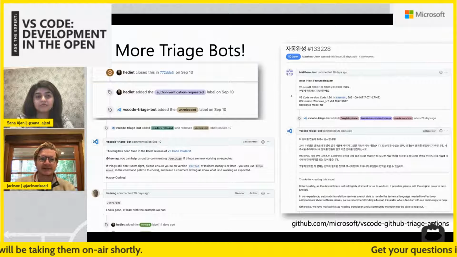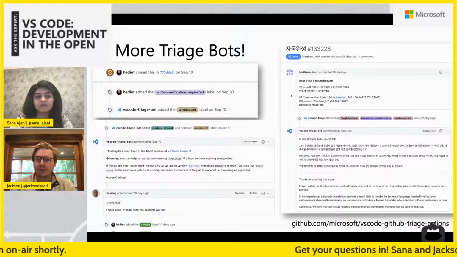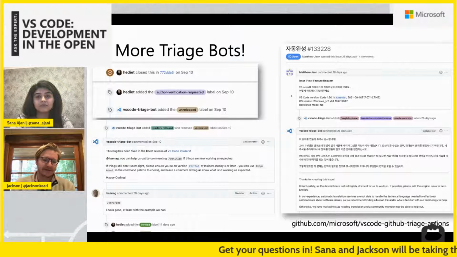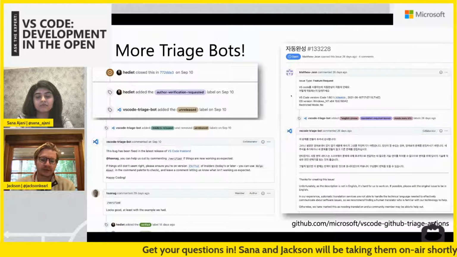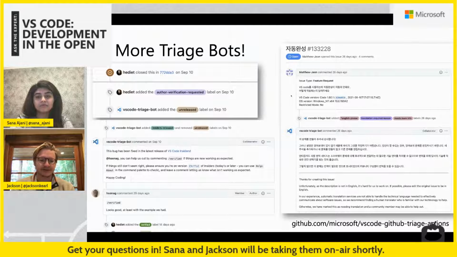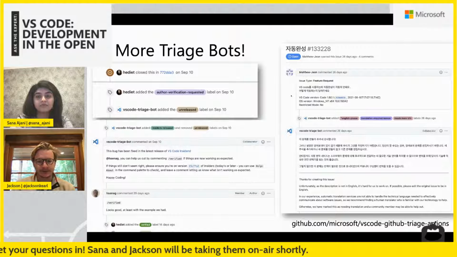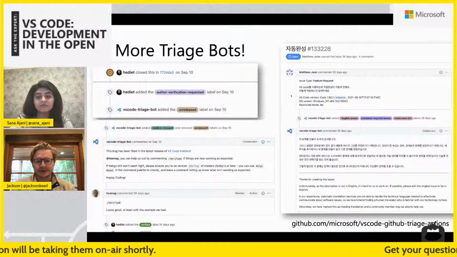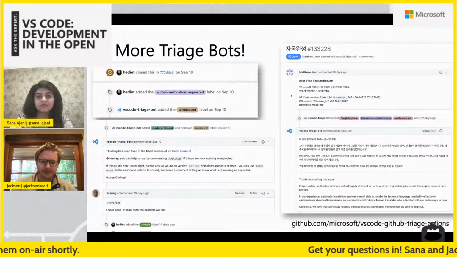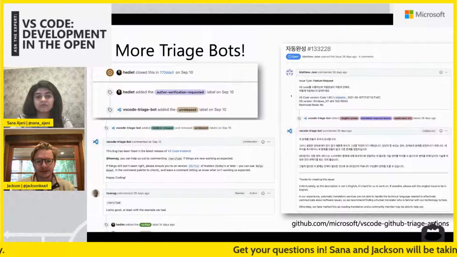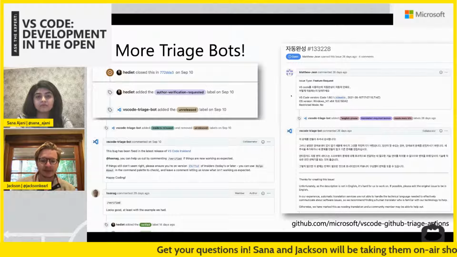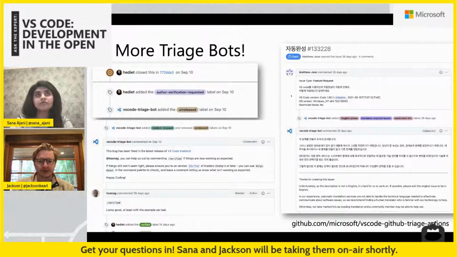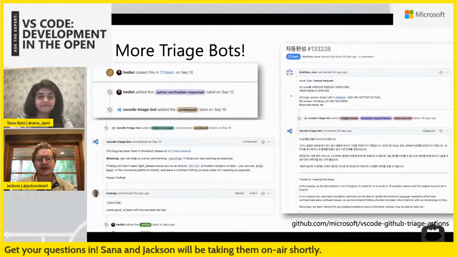So in these cases, what do you really do? It's easy to say, sorry, we only work in English, so we're going to close this out. And that's actually what we used to do, just because we didn't have the ability to support this. But then we decided, you know what, we can use these GitHub actions to actually detect what the language is and then reply to the original issue author in their own language and ask them